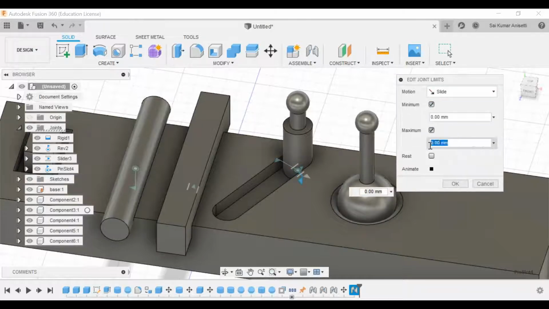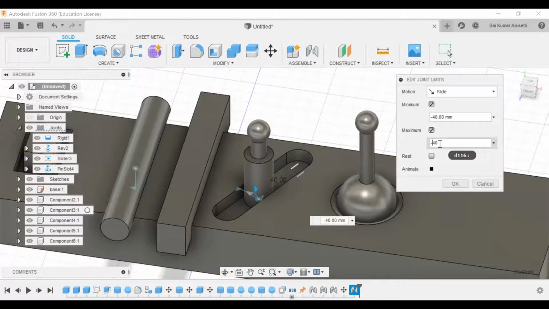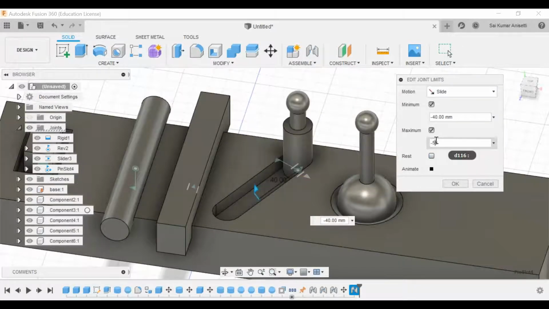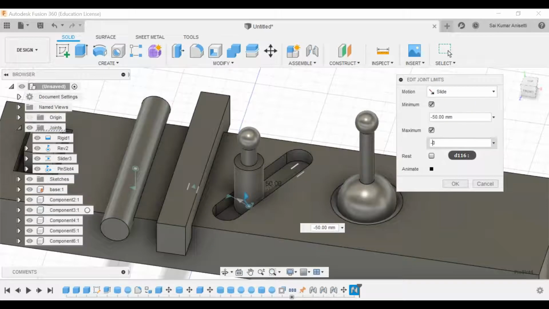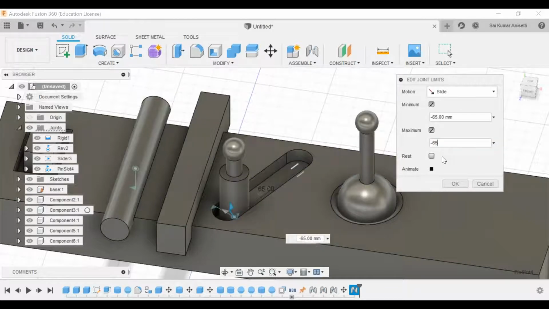Maximum it can go up to, let us say, 40 in negative direction, or else I can go up to 50. See, you need to have dimensions. I don't have any dimensions, that is why I'm just giving a random value. I'll go with 65.